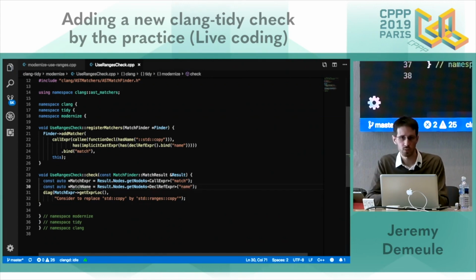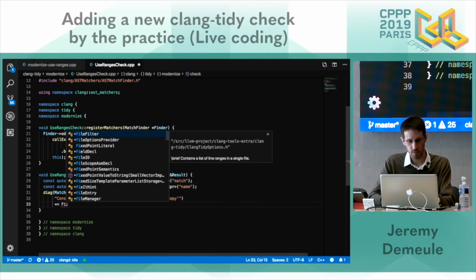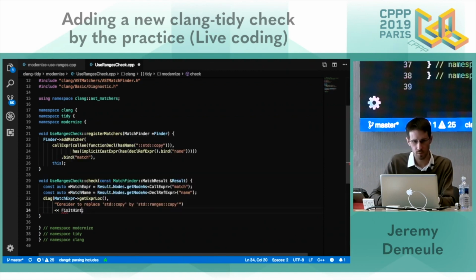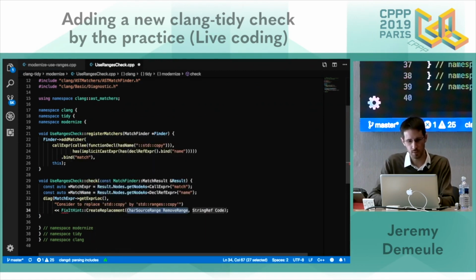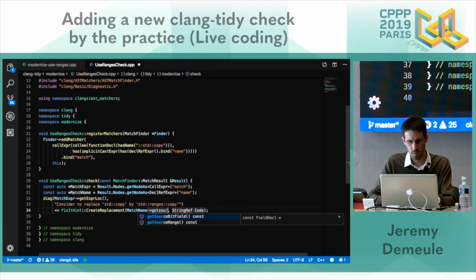And what I want is to replace this name. So I have to ask where it is inside the file and to replace it with a fixit. The API for that is FixItHint::CreateReplacement on some specific source locations with a specific text.